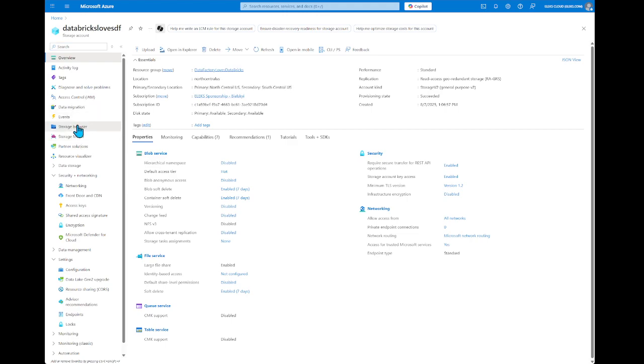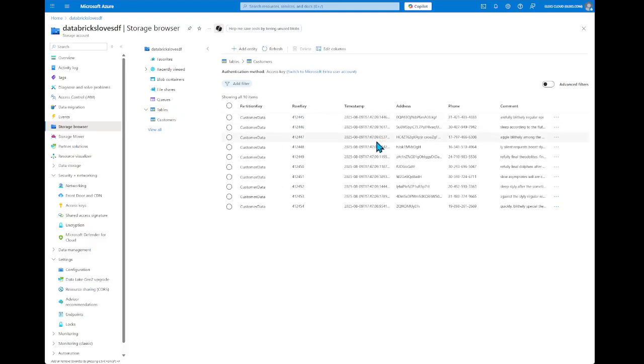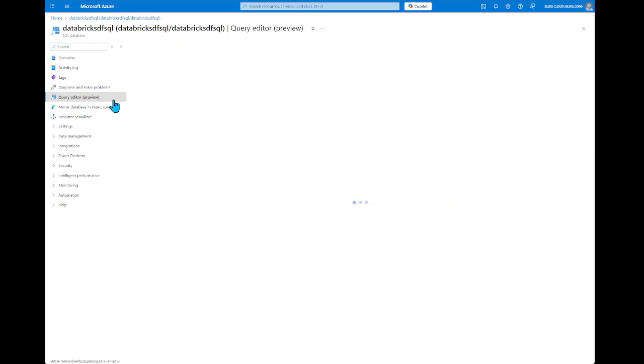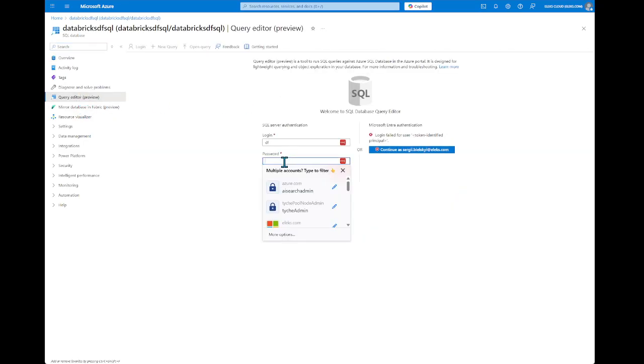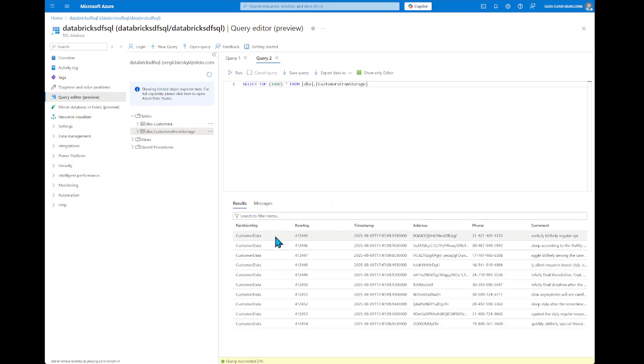So, yes, in the storage account, our customer, you see this information in our storage table, everything that we populated here. And also we have our SQL table. Let me check if everything is populated. And select this one, and you see the same information in the SQL table that we populated using the copy activity.